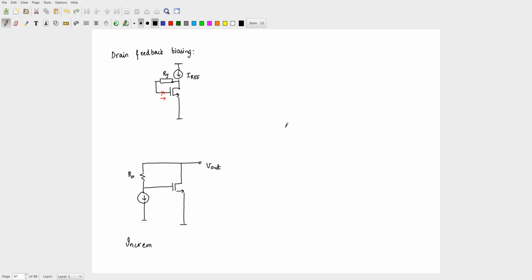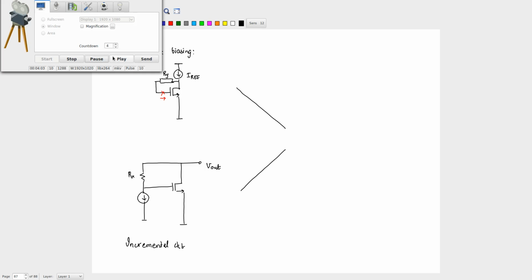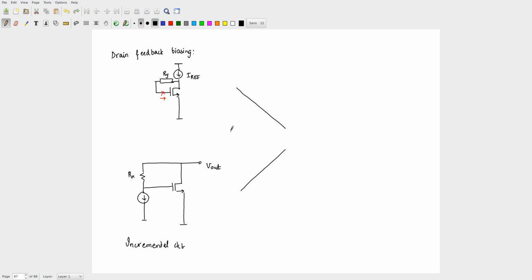Okay, now using these two, can you construct my full circuit? All of you draw it. So the full circuit is very straightforward to draw, right? You have your amplifier there, correct? And this should be ground. On top you are going to have your Iref there,